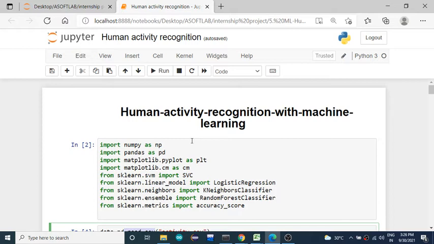So first one is, handling missing data can be sorted by just manually filling the values.